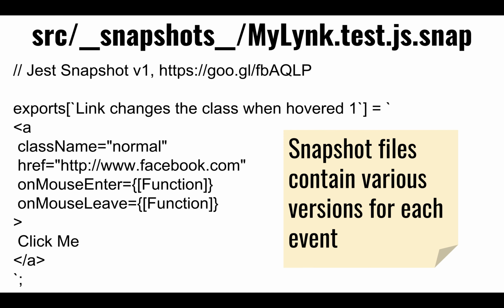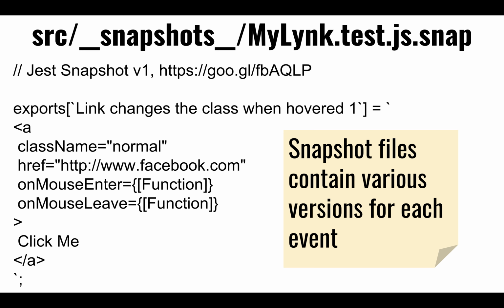So looking at the file that gets created, the files are created under the source directory, under a new directory that our React tool generates, called __snapshots__, and it has the name based on the test that generated the snapshot. In this case, it was MyLink.test.js, but it adds .snap at the end of the file. And if you open it up, this is a file that can be